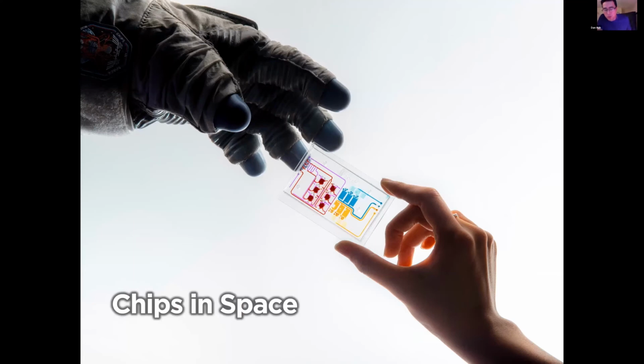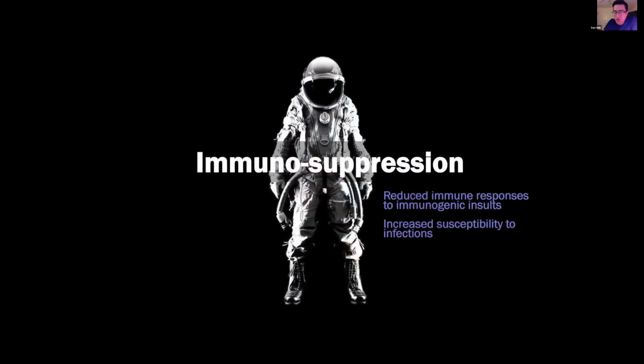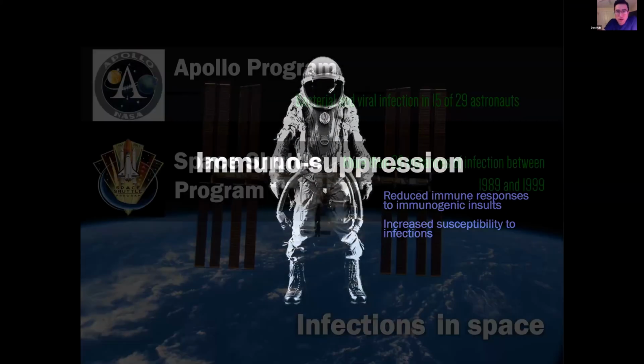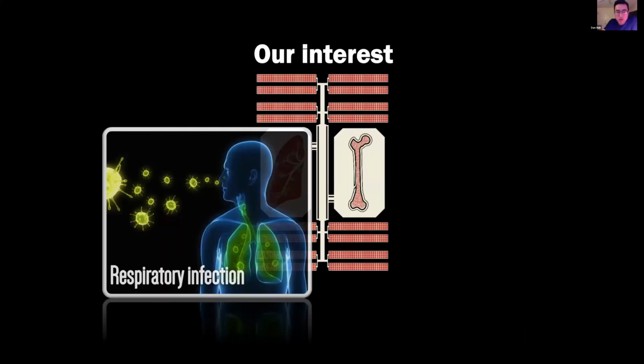And this is probably one of the most exciting, interesting things we've ever done. We're also sending organ chips up to space. We got selected as one of the 5 teams in the country to send those tissue chips up to the station. We're modeling immunosuppression. Astronauts get sick more easily during space flight, right after space flight, and there's evidence that the microgravity environment suppresses immune responses. And we're modeling that using an airway infection model